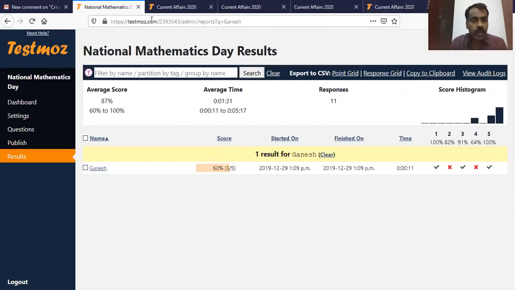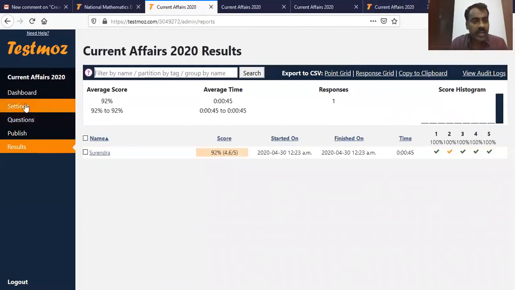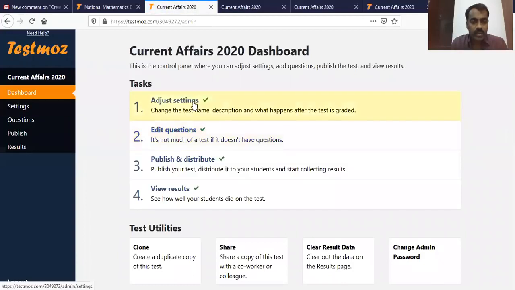So I hope you understood. This is very, very simple. You make some small settings and add the questions, publish, preview it, publish and share that link. So here it is a URL. This URL is the same for student as well as teacher. Student will enter with the passcode and teacher will enter with the password, whatever we created when we created this test. Okay, thank you.